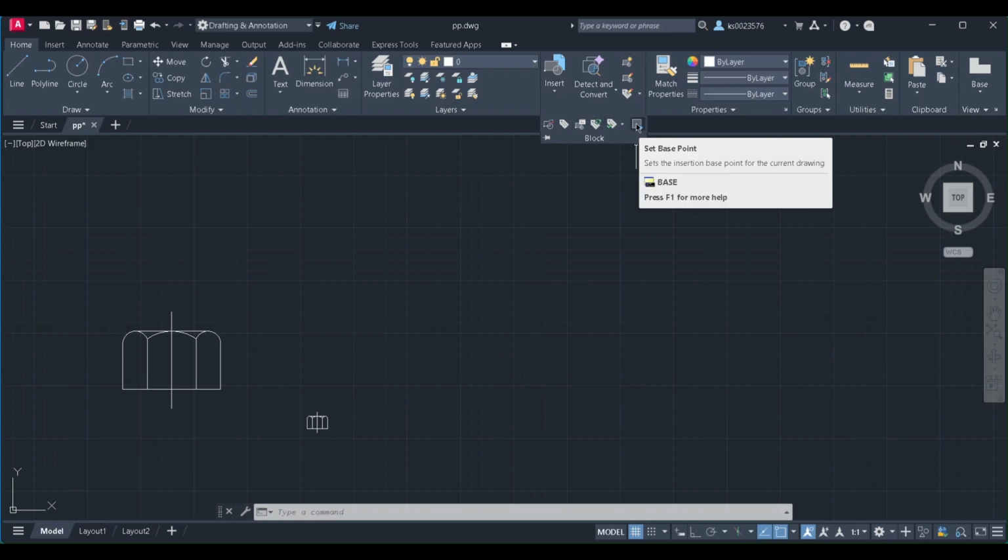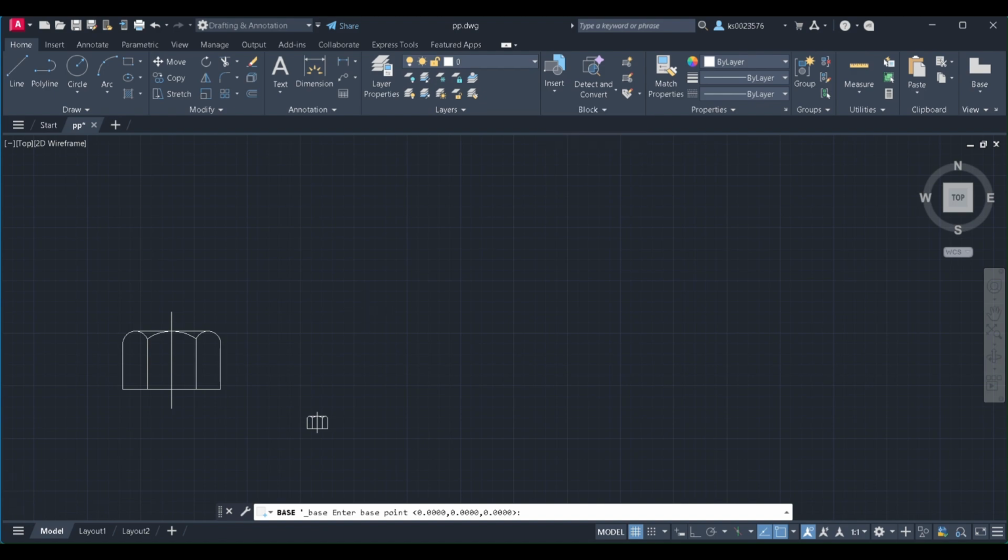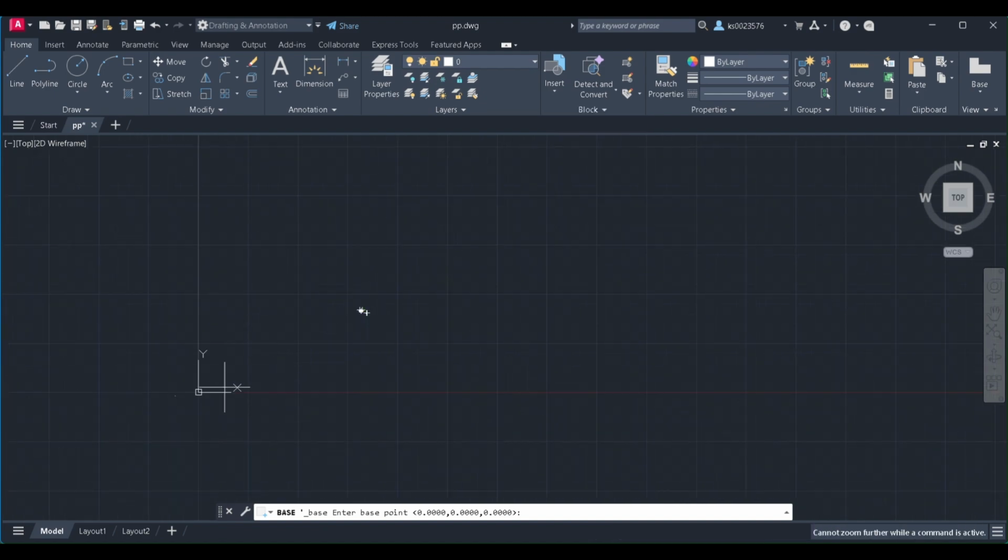So the last option is set base point. You will see that this is the base point with respect to which your drawing is made. This is the already pre-selected base point. You can make a base point by your own choice. By clicking on this option, anywhere you want to click, or any geometry edge, you can click,